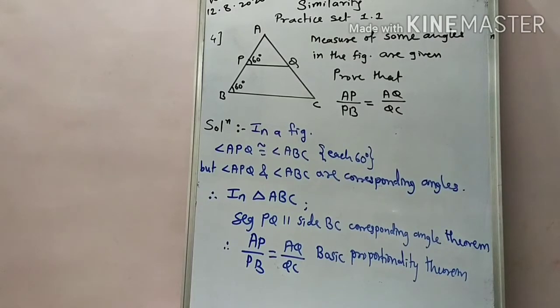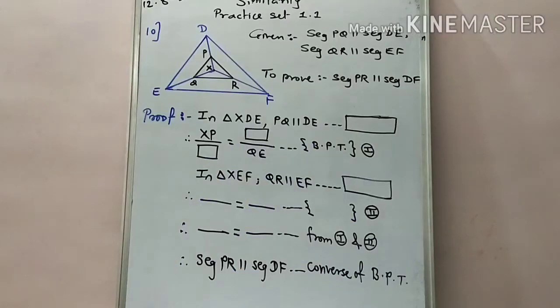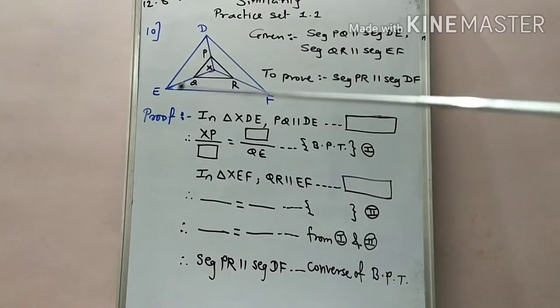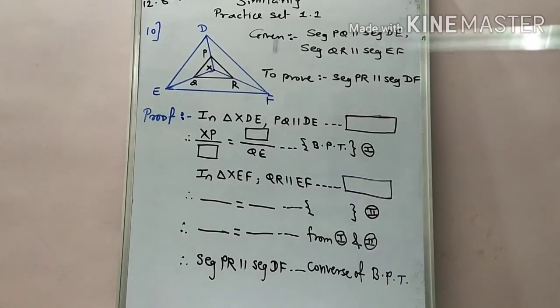Okay students, now the next 5th, 6th, 7th, 8th, and 9th examples are omitted from the syllabus, because these examples depend on 2 theorems which are also omitted. So now we try the 10th one, where we have to solve an activity. Here we have an activity based question, Example 10, where we have been given one figure.